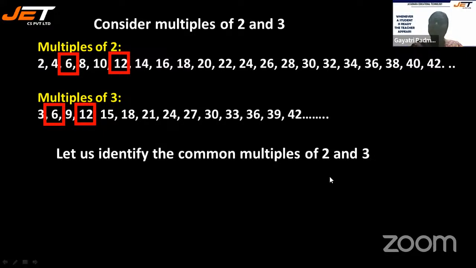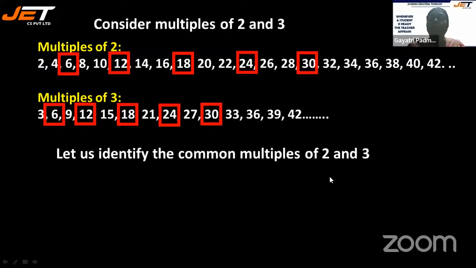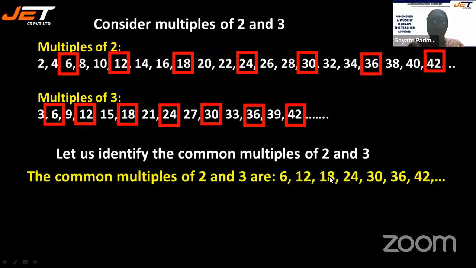So you can see 6 is common in both. 12 is common in both. 18 is common in both. 24 is common in both. 30 is common in both. 36 is common in both. Like that it goes, isn't it? So these are the common multiples of 2 and 3. 42 and so on. So the common multiples of 2 and 3 are 6, 12, 18, 24, 30, 36, 42